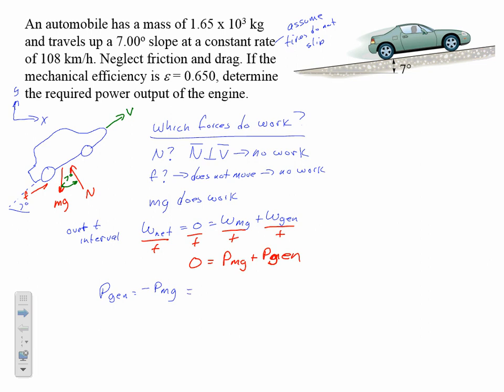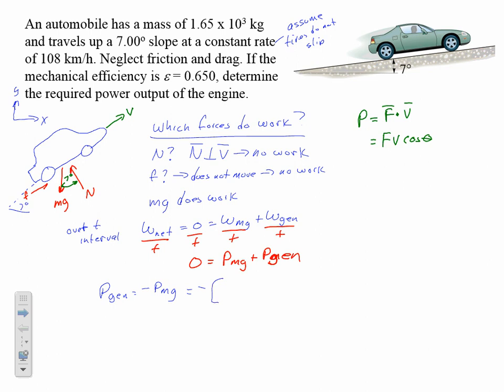So I can solve this for P generated. It's going to equal the negative power that's done by mg. And so remember, power, I'll write this up here in green, power is equal to the dot product of force and velocity. We can write this as the magnitude of the force times the magnitude of the velocity times the cosine of the angle between them. All right, so that's the equation we're going to use down here. So we're going to have negative,